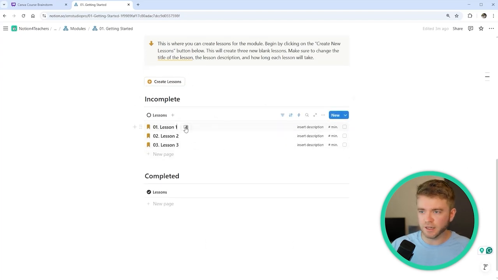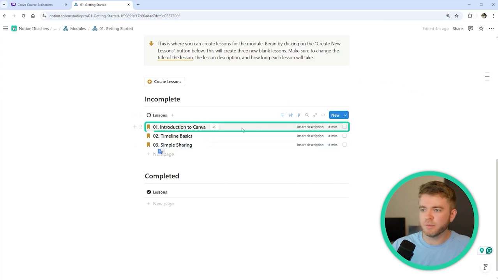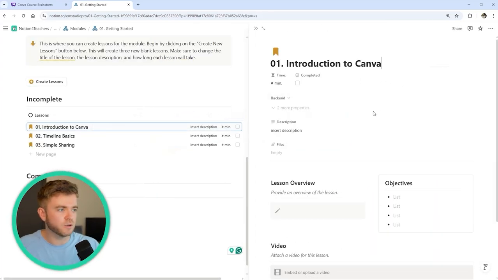So let's give these lessons some titles based on the plan I laid out earlier. So this will be Introduction to Canva. We have the second one as, what do we have? Timeline Basics. And then I think this was Simple Sharing. Simple Sharing. Great. Let's now open up one of these lesson pages and I'll explain how to add